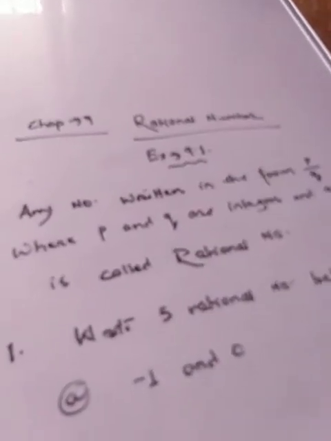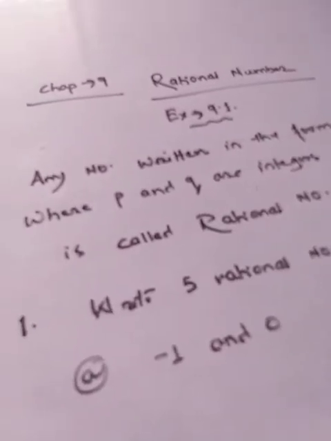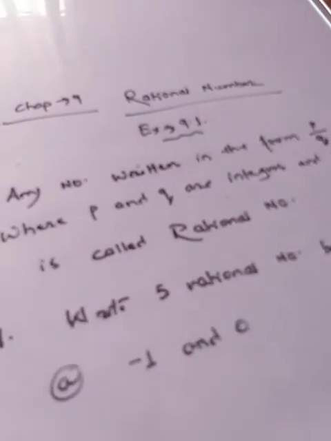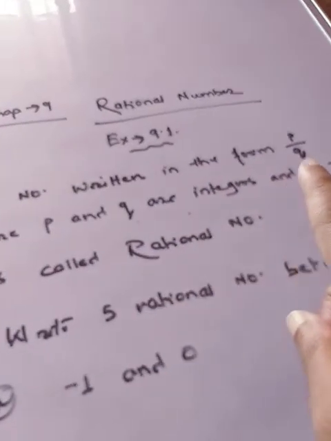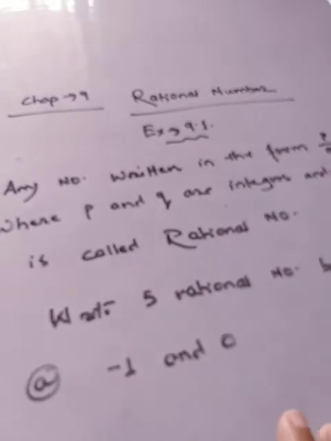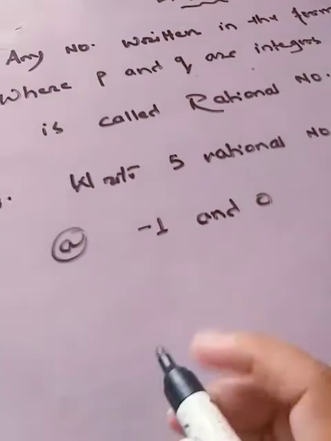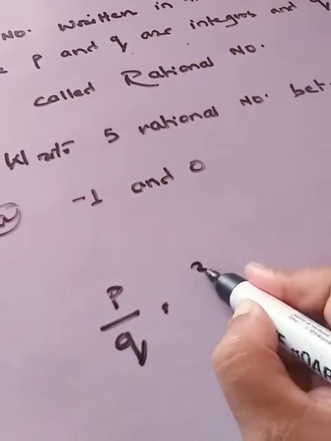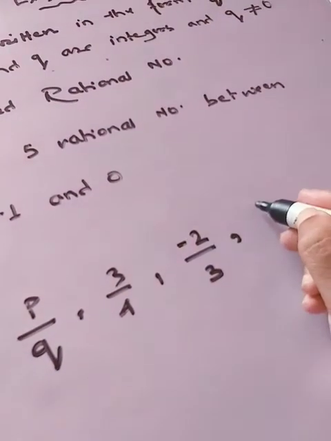Students, from today onwards we'll start rational numbers, that is chapter 9. And before we get on with the exercise, let's understand what a rational number is. Any number written in the form of p by q, where p and q are integers and q should not be equal to 0, is called a rational number. Any number written in the form of p by q, students. For example, you can say 3 by 4, minus 2 by 3,